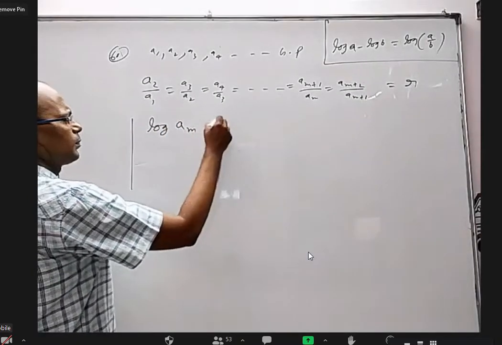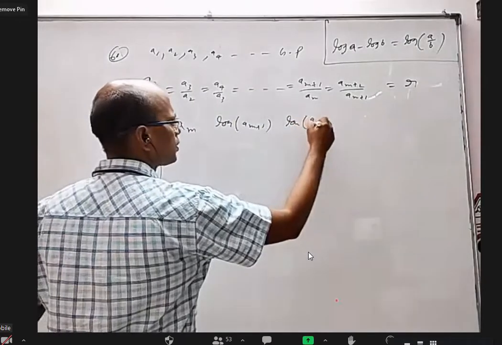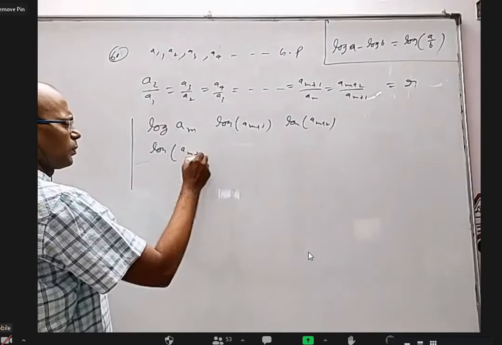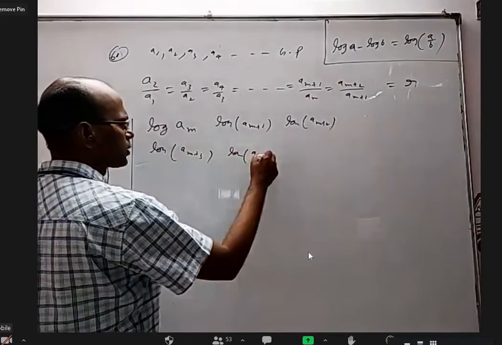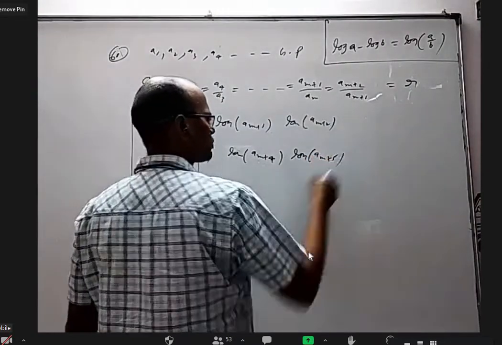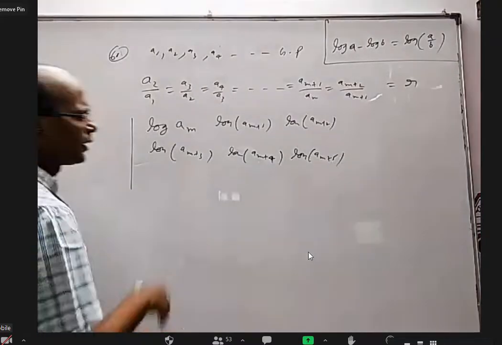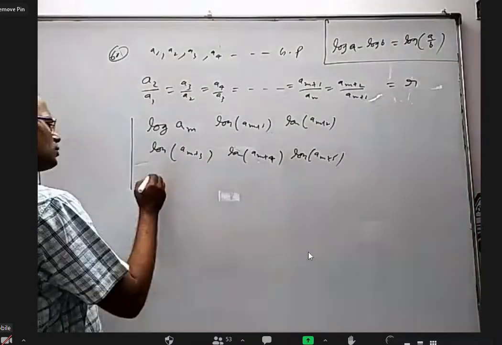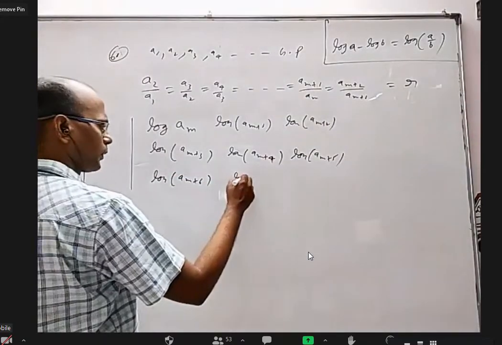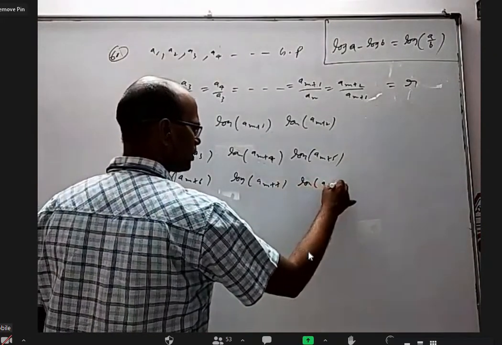Log AM, log AM plus 1, log AM plus 2, log AM plus 3, log AM plus 4, and log AM plus 5. I even would have told you to skip these questions if I had noticed earlier. I told you, wherever logarithm is there, just skip it also, not a big issue. Log AM plus 6, log AM plus 7, log AM plus 8.